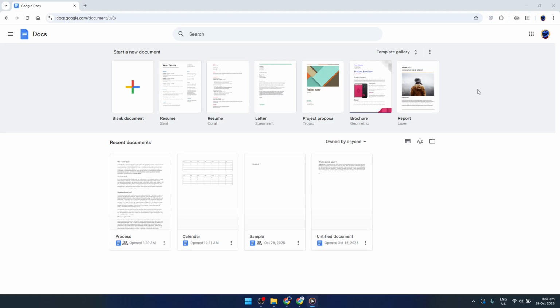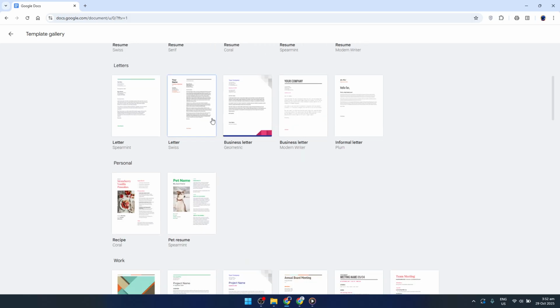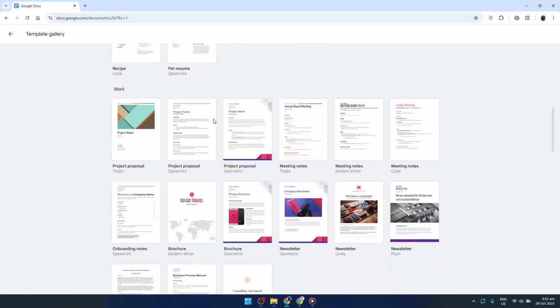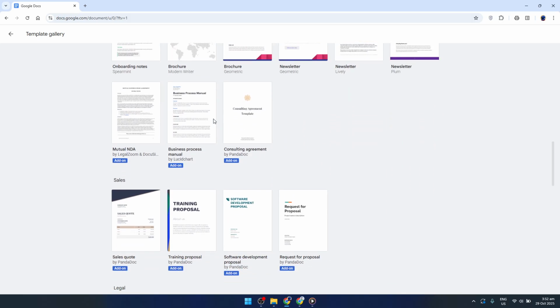To get started, open up the Google Docs homepage. If you're not sure where to find it, just go to Google and search for Google Docs. Once you're there, you'll notice a button in the top right corner that says Template Gallery. Go ahead and click on this. The gallery contains numerous templates for different types of documents, and it's really handy when you need a specific format